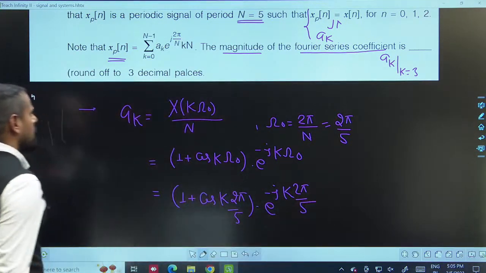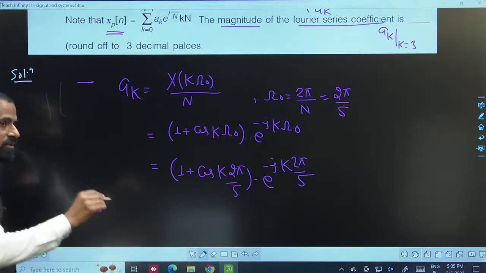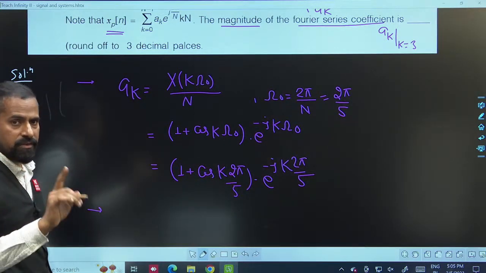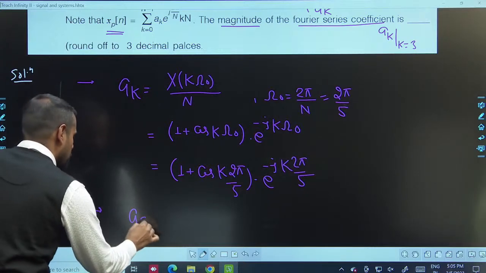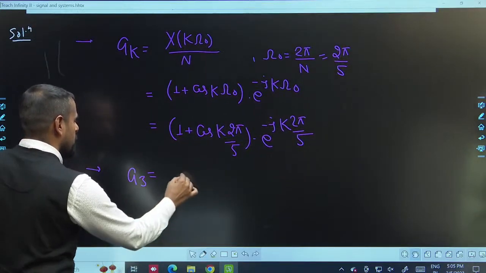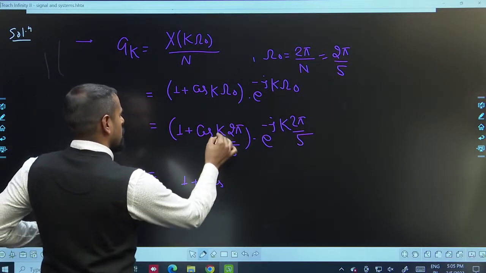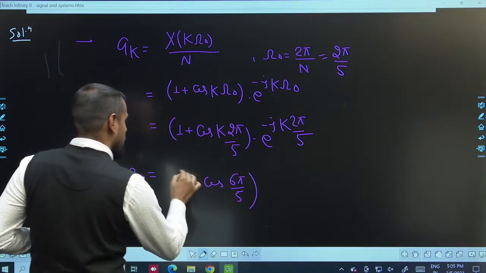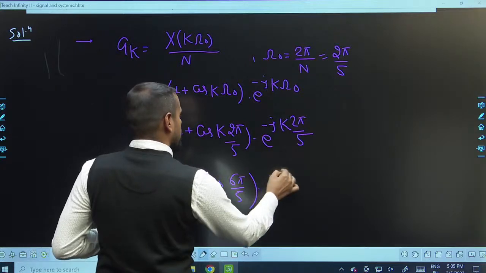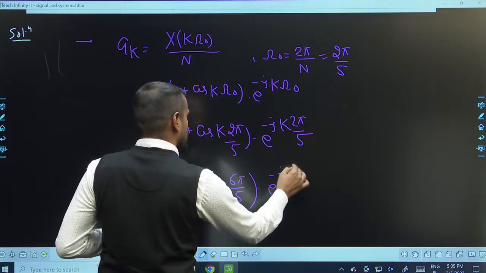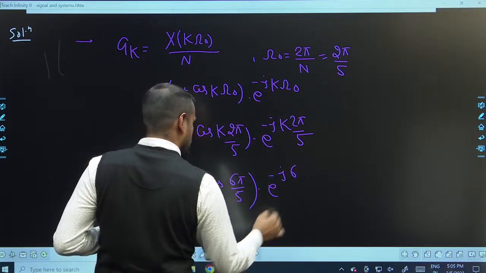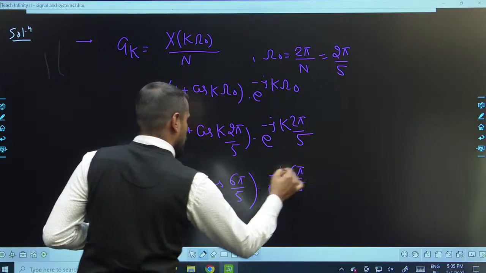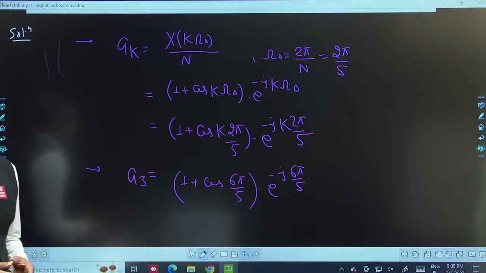साई नॉट इज हाउ मच? 2 पाई बाई 5। अब इसके बाद ए के कैलकुलेट करना है, के इक्वल टू 3 पर, तो के को 3 से रिप्लेस करो, तो आप ए3 कैलकुलेट करते, ए3 आप लिखते 1 प्लस कॉस 3 इंटू 2 पाई विल बी हाउ मच? 6 पाई, सो 6 पाई बाई 5 इंटू ई की पावर माइनस जे, के को 3 पुट करो तो 6 पाई बाई 5, इस फॉर्म में लिखते।